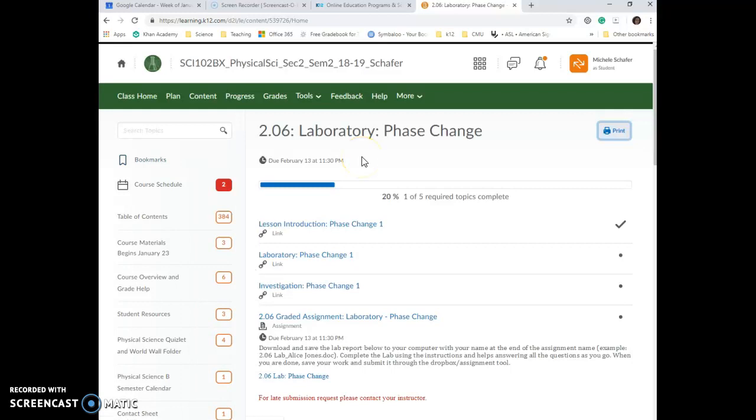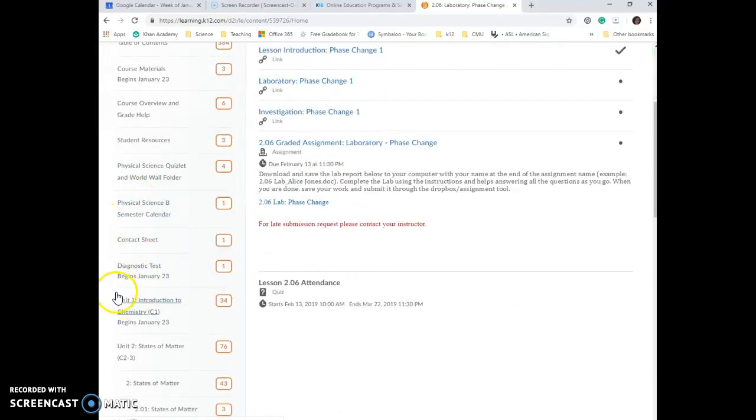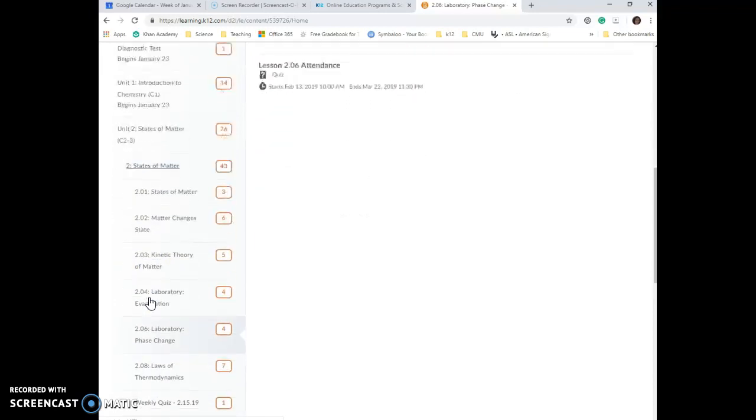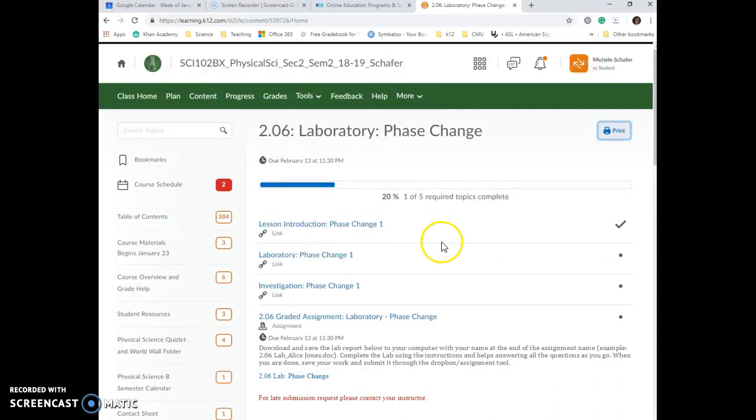2.06 phase change lab. So the first thing you'll want to do is go into content, and then on the left side of the page you can use these tabs. We are in Unit 2, Chapter 2, and then Lesson 6. So when you click on that, on the right side of the page, you'll see the readings and the information